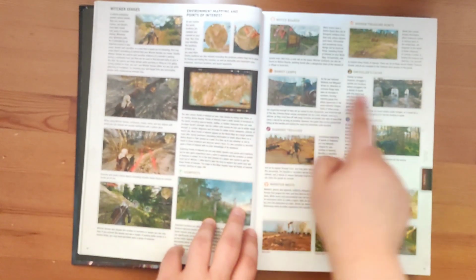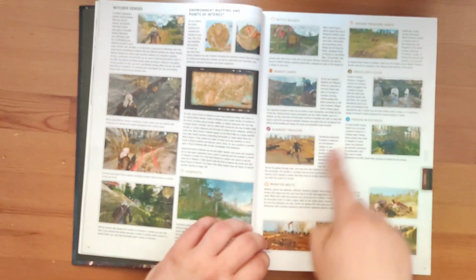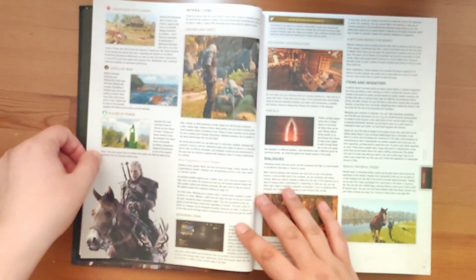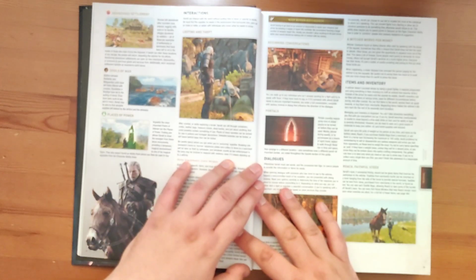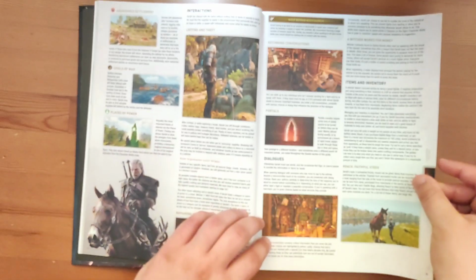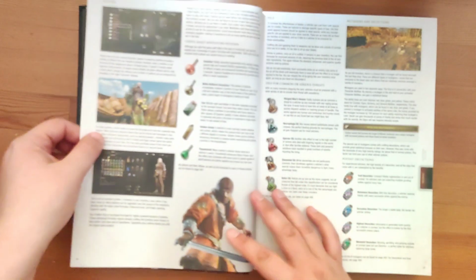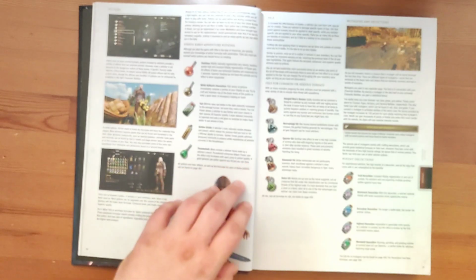It goes through the different points of interest there. So what you might find on the map as you're looking through the keys and stuff like that, like bandit camps and smugglers' caches, stuff like that. Abandoned settlements. Tells you how you can loot opponents. Then also goes through